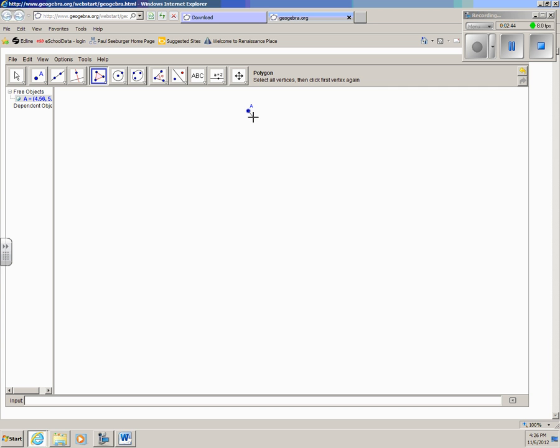Okay. And notice I just clicked once. I'm not holding down the mouse button. I'm just dragging my mouse back and forth. I can put a new point somewhere else by clicking. So I'm going to click, and I get B. And then I can drag and find out where the other point is going to be. So maybe I'll make it here. I'll click C. Now notice